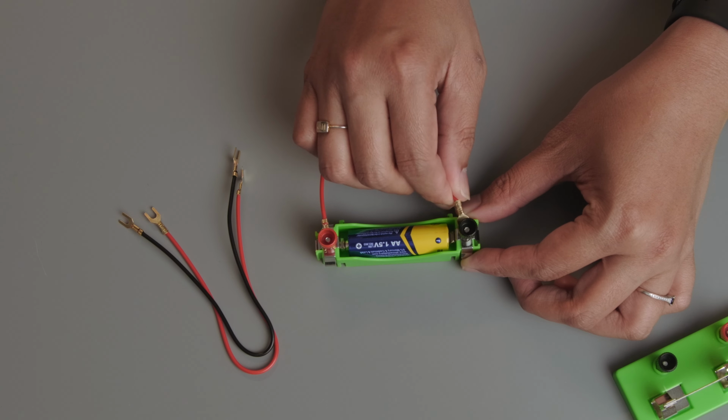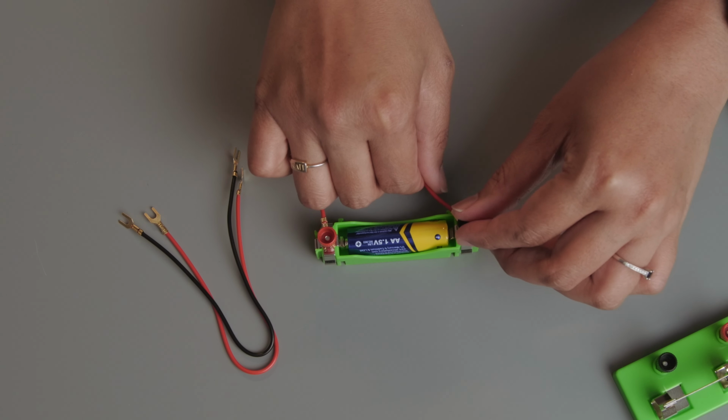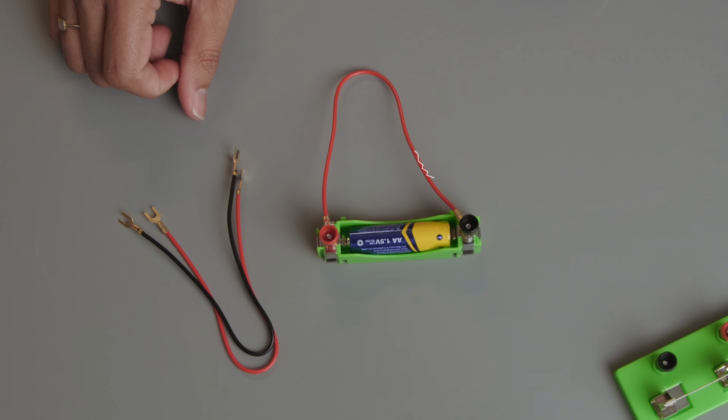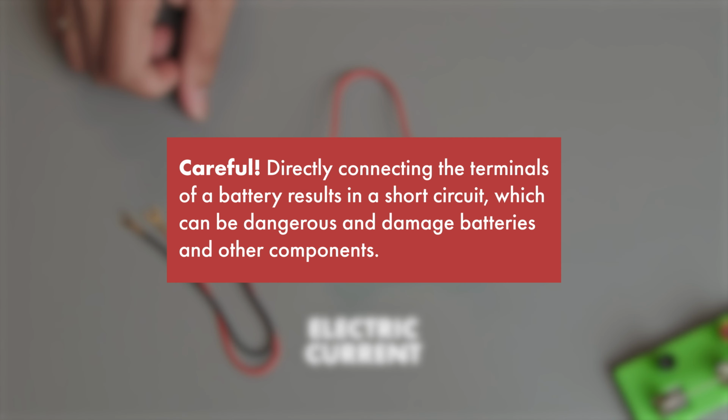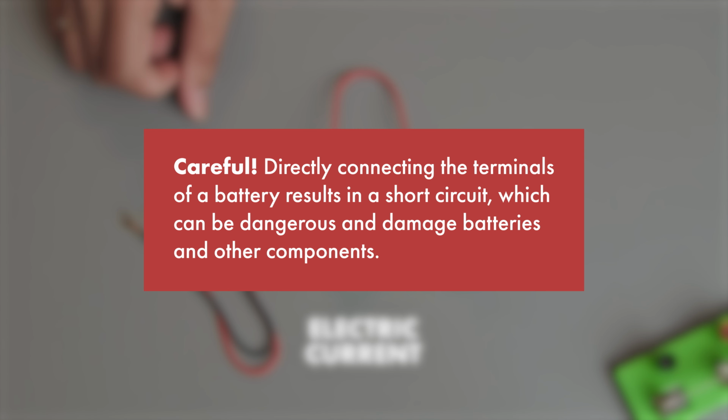Now these charges will tend to rejoin by flowing from one terminal to the other, but only by an external conducting path. For example, if you connect a metal wire to the two terminals, charge will flow through the wire to the opposite terminal. This flow of electric charge is what we call electric current. And the direction of the electric current is in the opposite direction to the motion of the electrons or negative